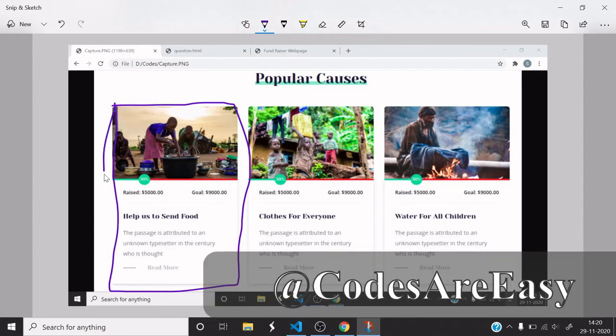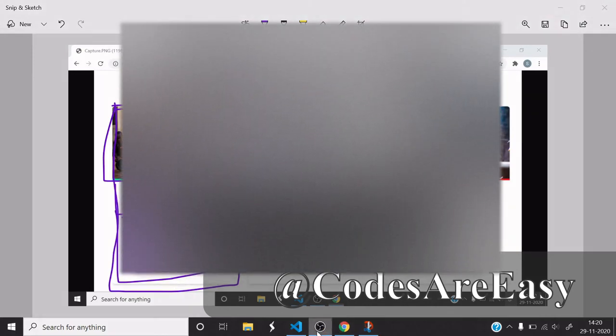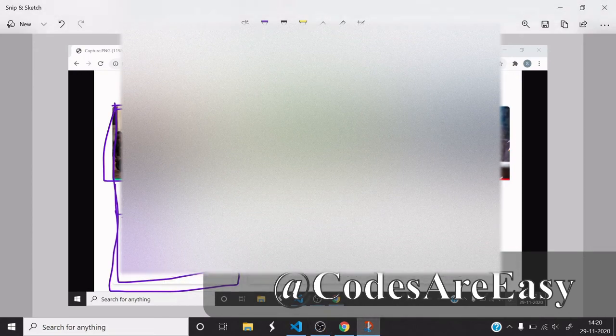Then we will be creating another div for this image, one div to get this, and one div to arrange this in an easy manner. So yeah, this is what we have done.